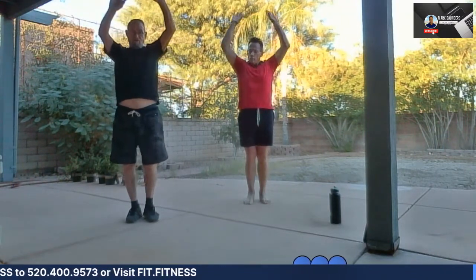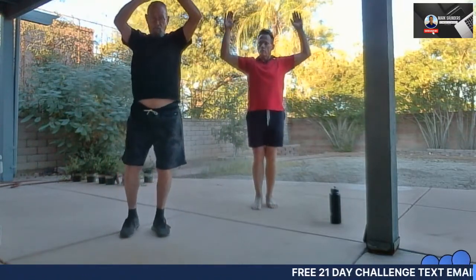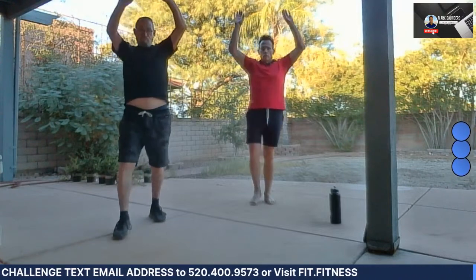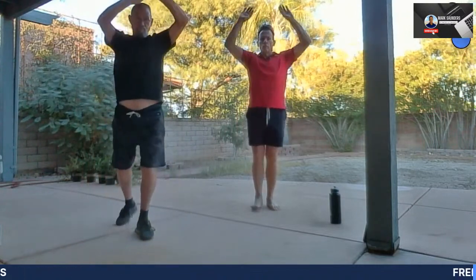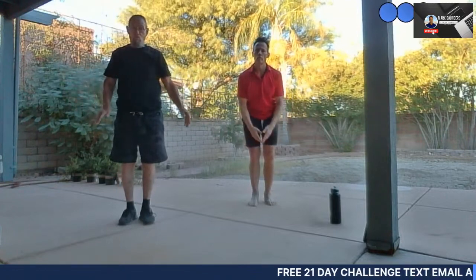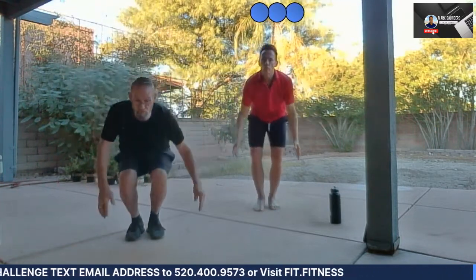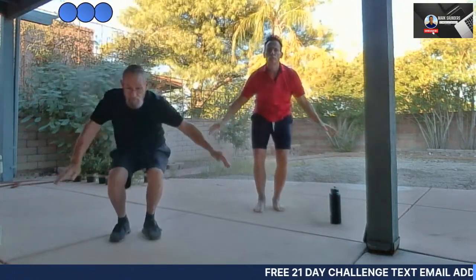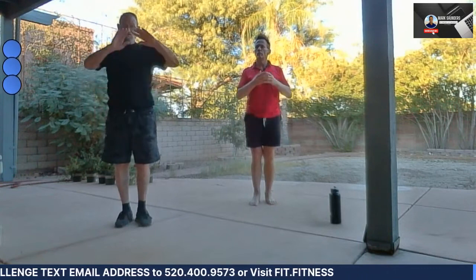Press, step out, scoop, and bring it back to the same foot. Press, press, step out, scoop, and bring it back. Press, press, step out,